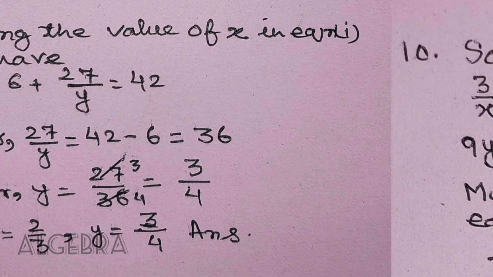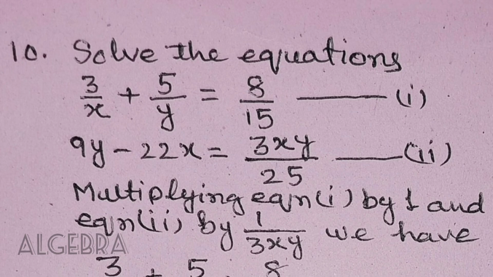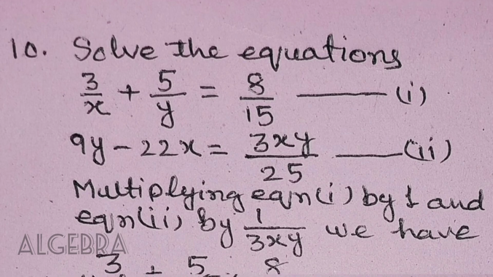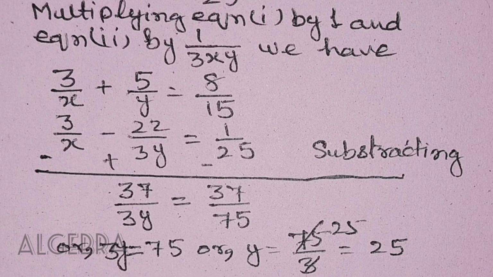Answer 10. Solve the equations 3/x + 5/y = 8/15. Equation 1. 9/y - 22/x = 3/xy by 125. Equation 2. Multiplying equation 1 by 1 and equation 2 by 1/(3xy), we have 3/x + 5/y = 8/15, and 3/x - 22/(3y) = 1/25. Subtracting,